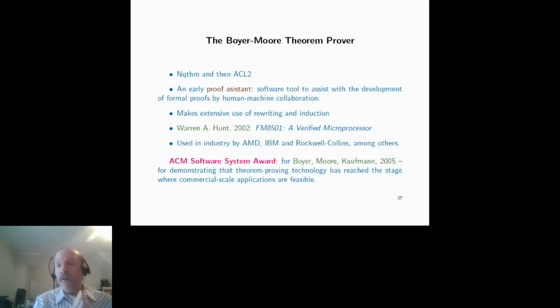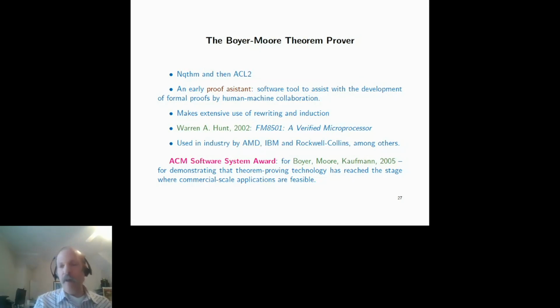But not everybody abandoned the dream. Other people continued to work on program verification according to Hoare's dream before he abandoned it in 1995. And the most famous of this work was the Boyer-Moore theorem prover. First it was called NQTHM and then ACL2. And it was a proof assistant. You had to develop the proof manually and the software tool helped you basically check the lemmas and the flow, and this is how it was done. It's a proof assistant engine. It's not a theorem prover per se. It's a mistake to call it a theorem prover.